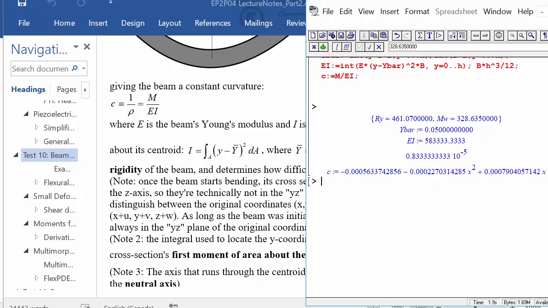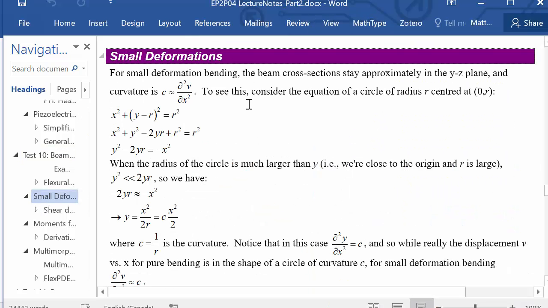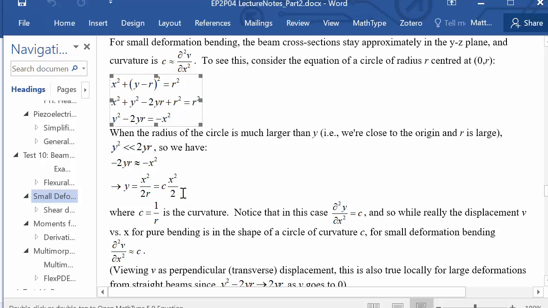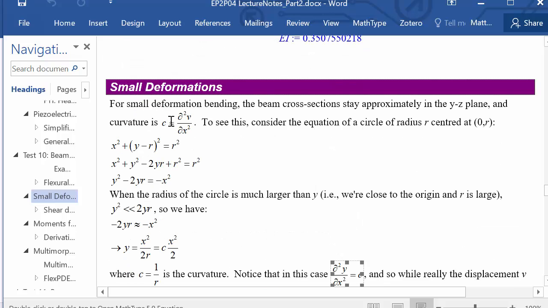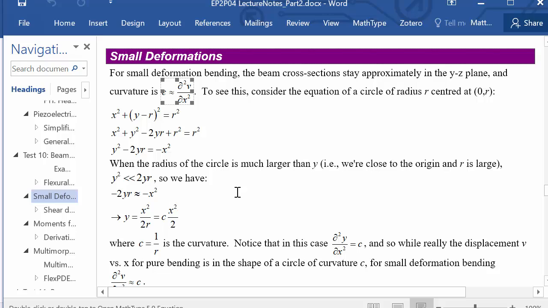So the curvature that we have is changing with position, proportional to the moment, and this curvature leads to a deflection in the beam, at least for small deflections that we can calculate using this relatively simple formula, that the curvature is the second derivative of the vertical displacement. So really the beam forms into this circular arc, yeah? And so we should use a little bit more complicated geometry to find out what the displacement of that would be. But as long as the